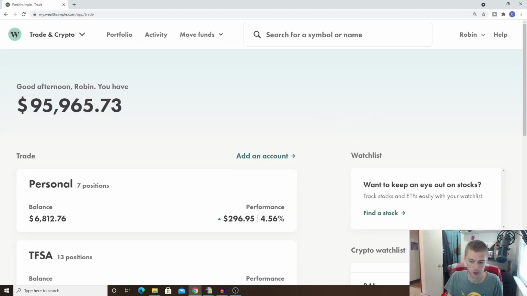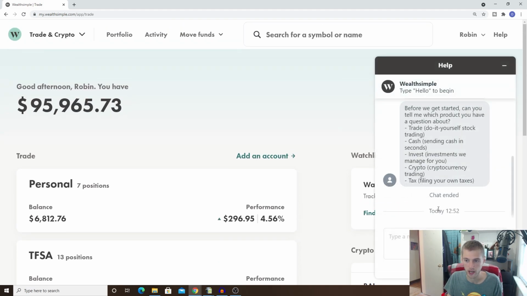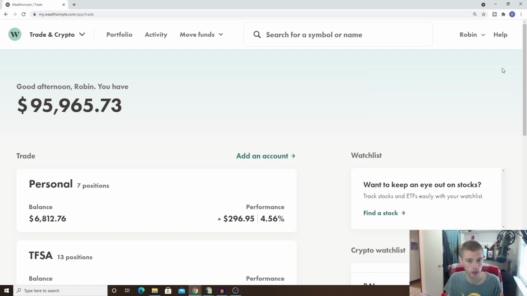Going to the bottom here, we have this cool little chat function where they have a robot. You can talk to the robot and it answers some of your questions. I have talked to support using this. And you can also email support. Their customer support is very good. I've had pretty good results, and they're pretty quick. They usually get back within, I would say, 24 hours. So I'd highly recommend, if you're ever confused about anything, or if you have any questions, feel free to